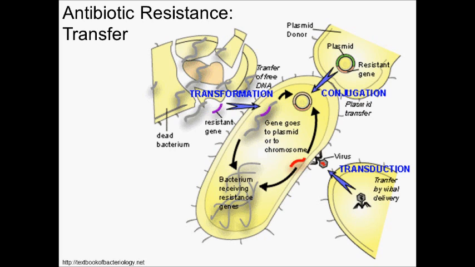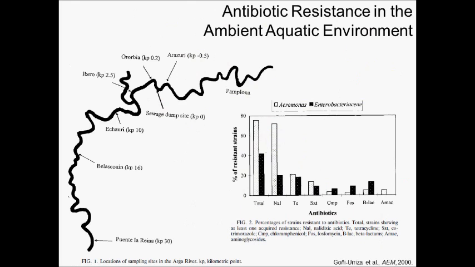So that's a brief overview of antibiotics and antibiotic resistance. And we are now starting to see some of these antibiotics and antibiotic resistance in the ambient environment. Here is an example. There are many papers out there that are now documenting that when we go out into the environment, rivers, lakes, etc., and look at how many of the bacteria are actually resistant to antibiotics, we find that the number is relatively high, especially in the